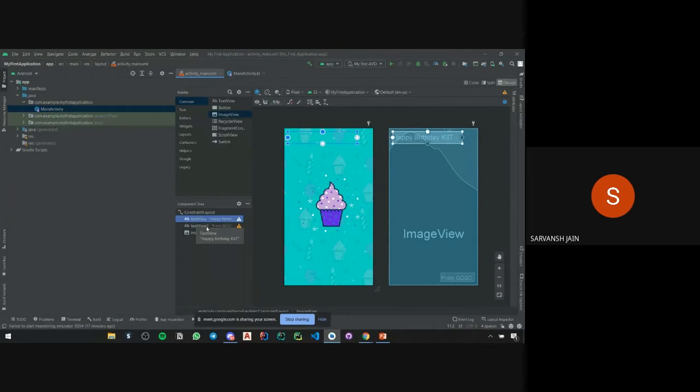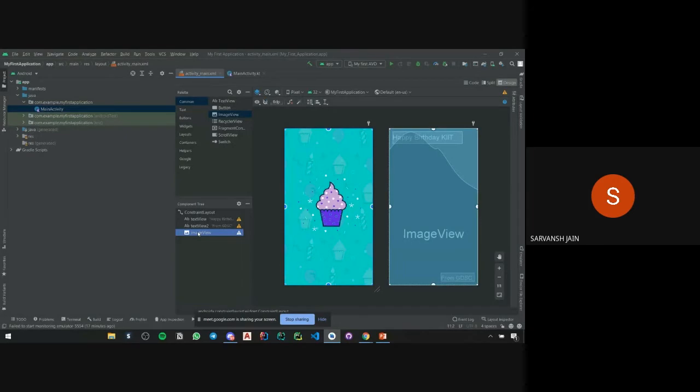My text views are arranged before the image. So if you select this image view and just drag it and drop it before the text views, the text would come over the image, and the image will go behind. I'll just show you once again.